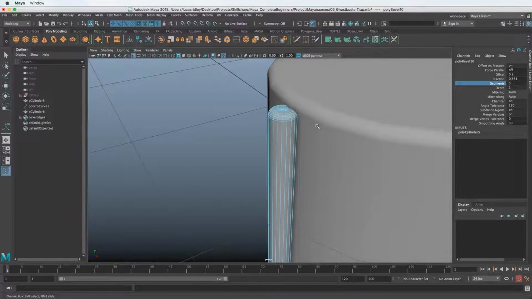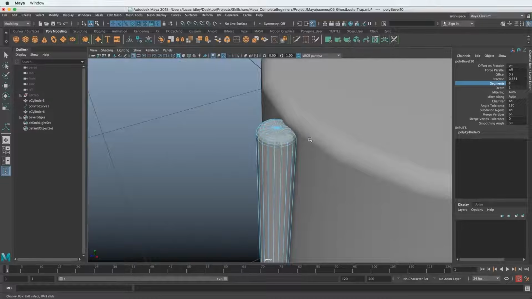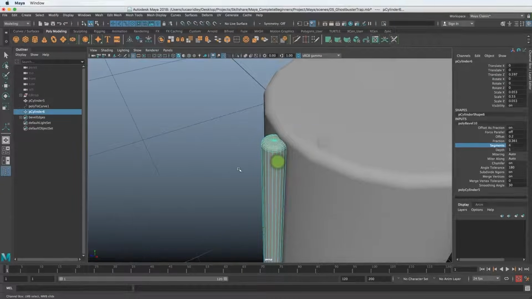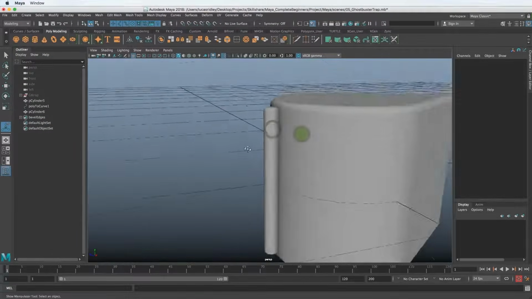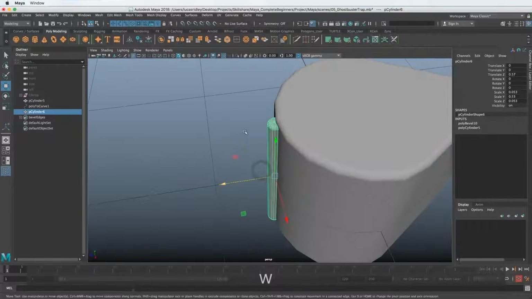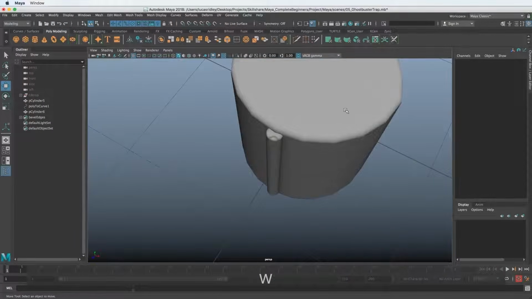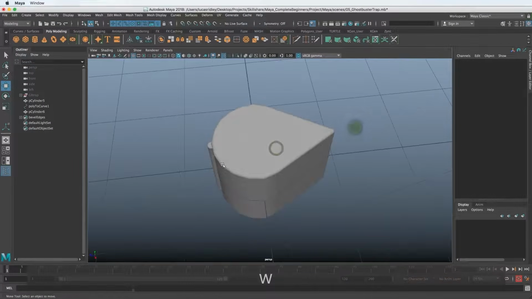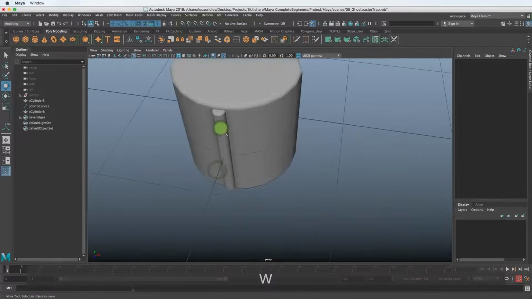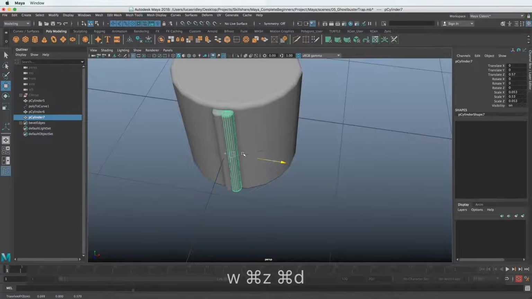In general, you want to try not to add a ton of geometry if you don't need it. And this is such a small piece. I'm trying to keep it as light as possible. Okay, so now we have that piece, and it's going to sit in like this. But the big question is, how do we get this piece to go all the way around this object? We could click and drag and try to duplicate one and place it exactly, but that's super tedious.